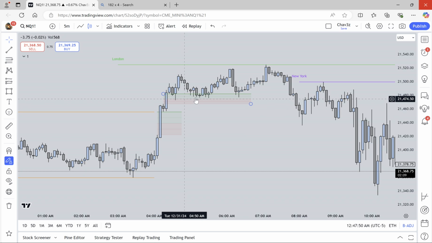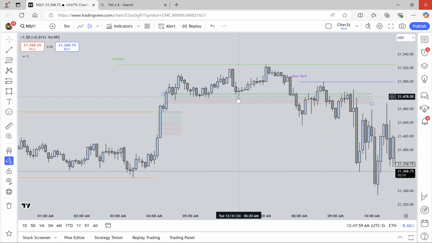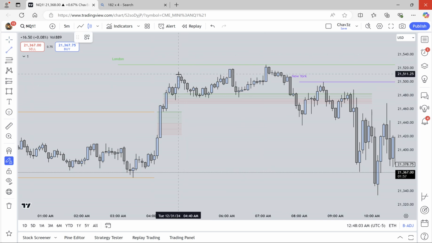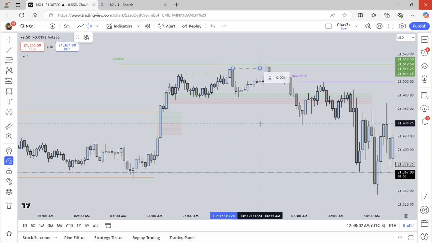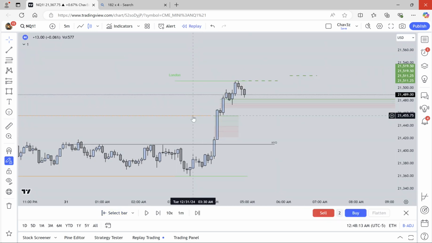Failed, right? Look at all these failures. Failed to close under the 50%. That's giving you the anticipation of what? Of price continuing bullish structure. But if we look at the key levels that were created, this is the key level, this is your key level, and this is your next key level. If we do bar replay, that's Asia getting taken out by London. London took Asia out.